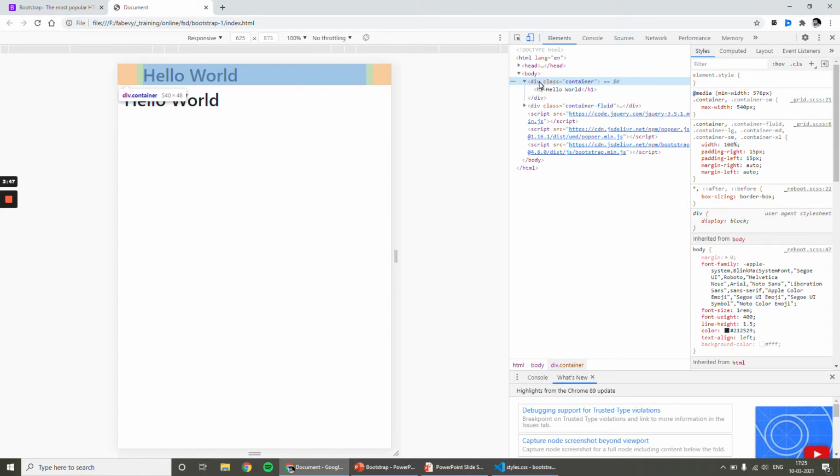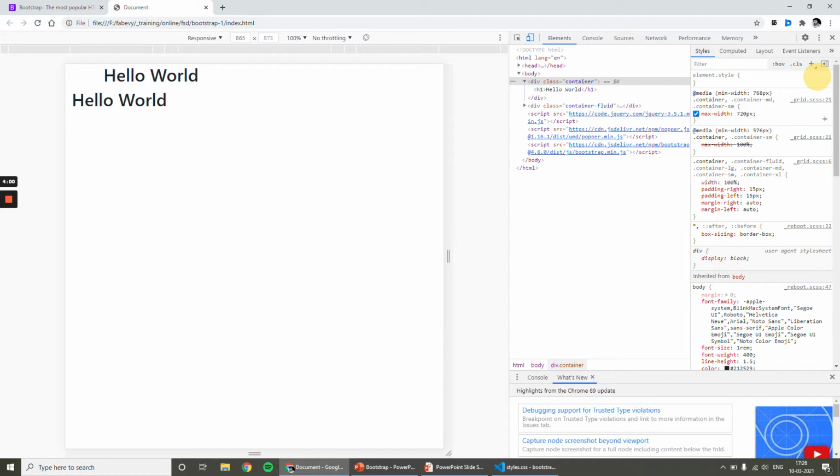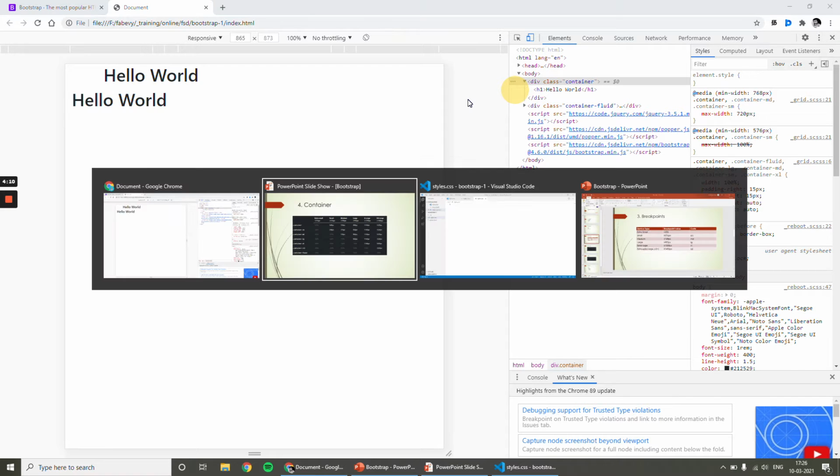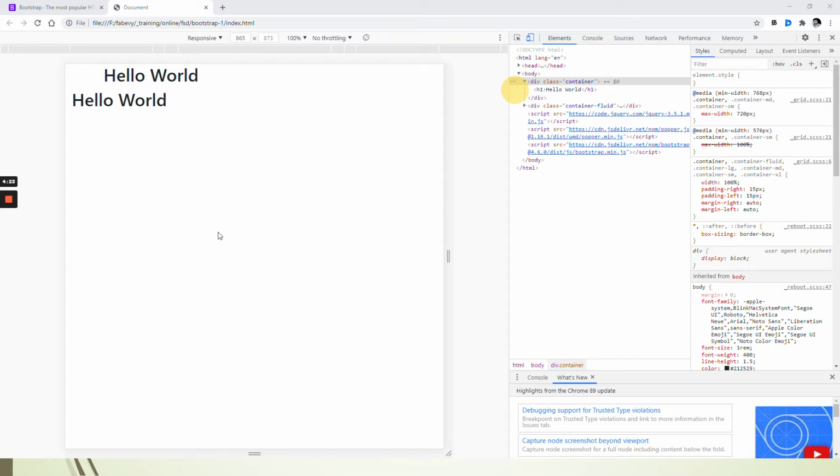But if your requirement is you want 100 percentage for this breakpoint as well, and you want to apply some width after 768, if you want 100 percentage for small screen and extra small screen, then you have to apply container-md.